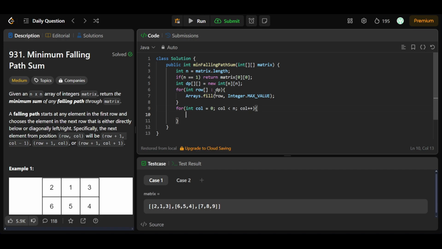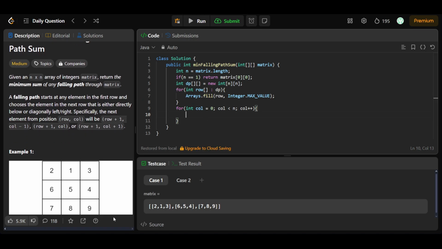And just notice that in every iteration we'll be starting in the zeroth row only, but in different columns. Okay, so let's say we are firstly starting from this column, the column where 2 is present, then the next time we'll be starting from 1, then from 3. Okay, so let's also maintain an answer variable equal to Integer dot MAX underscore VALUE, and we'll be updating the answer as